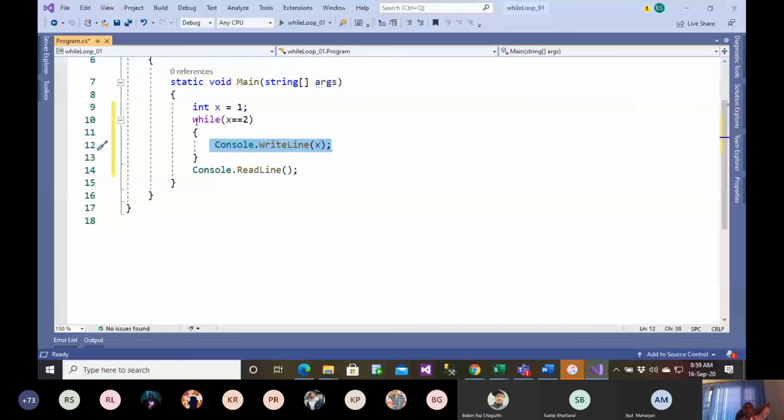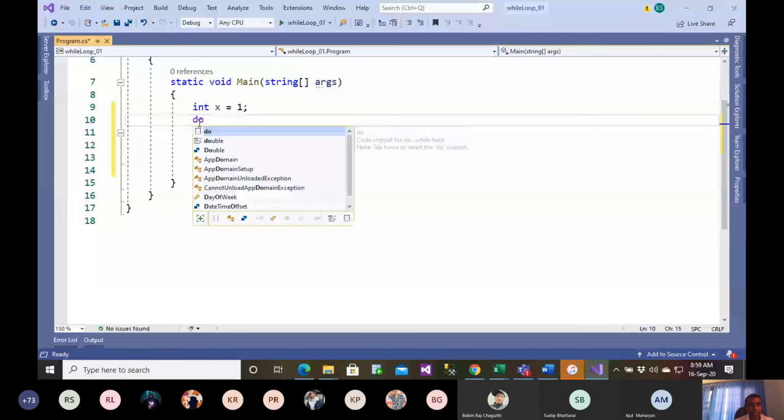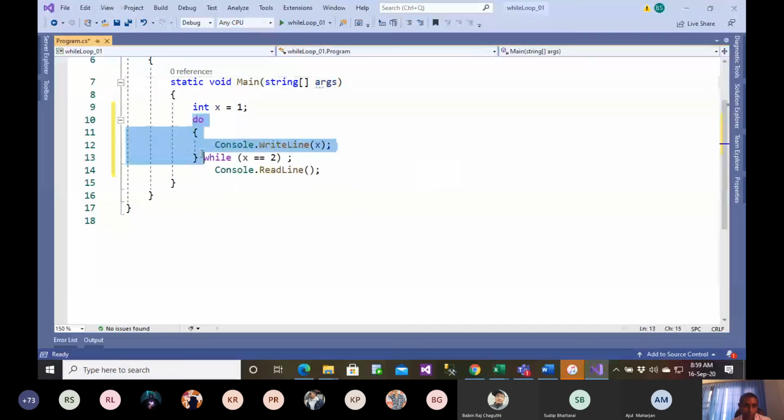So let us see the syntax for the do while loop. Let me paste it here. So this is the do while loop. We have do, body, and the while condition, with a semicolon there. So the do while loop, what it will do? First of all, sorry, it will execute the statement and then check the condition. If the condition is true, then further execution will take place, otherwise execution will not take place. So got my point, everyone?